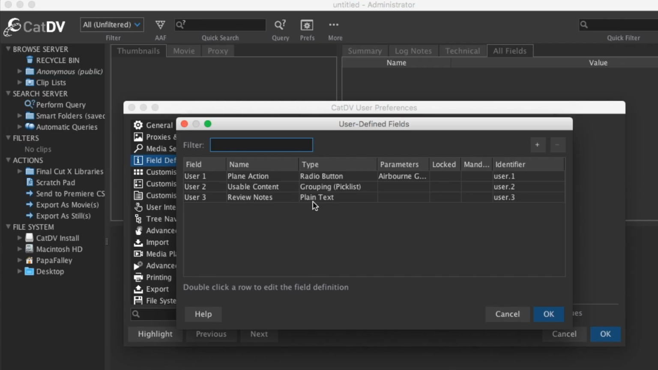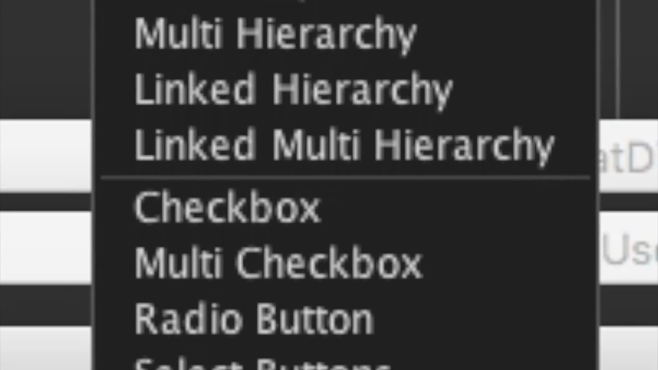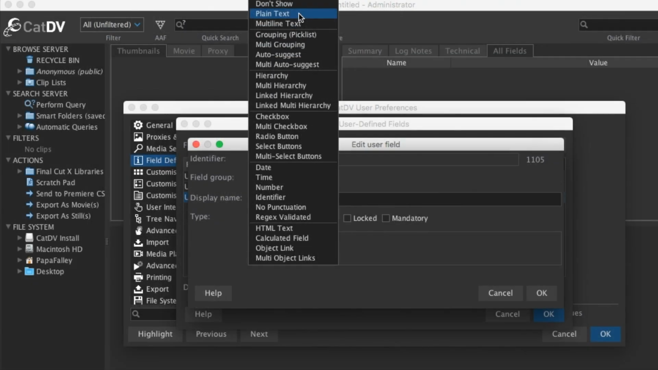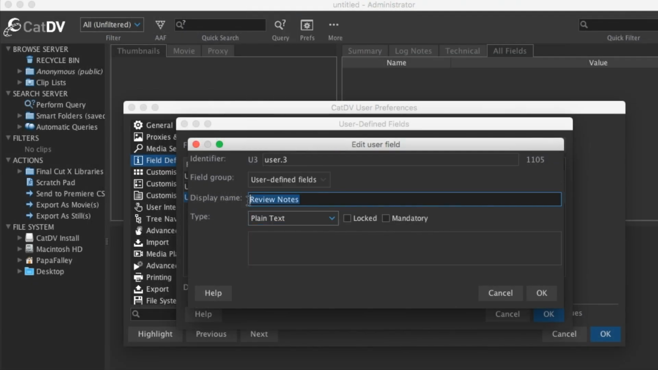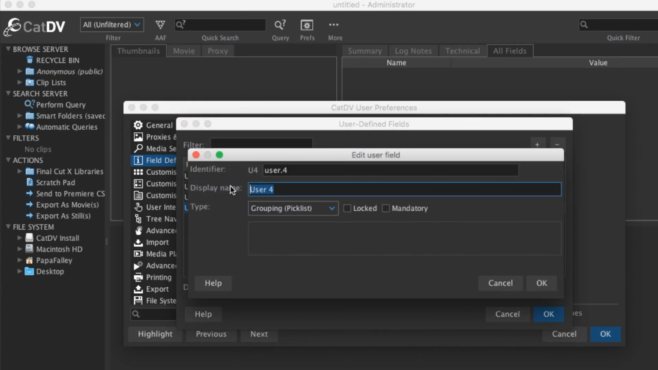In this window, we can now define our user fields, giving us the ability to add our own metadata, fitting our own specifications. There are a few different types of metadata that CatDV supports. For this example, I'm going to start by creating a free text field for review notes, a grouping field which will show us a drop-down list of values for location,